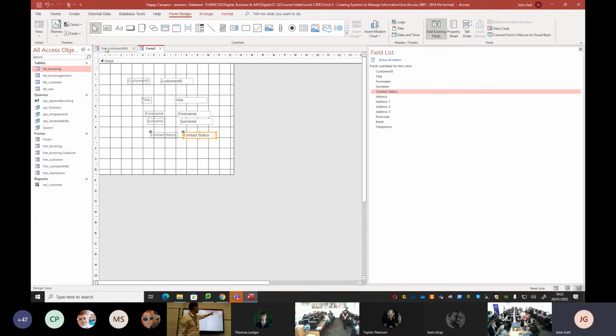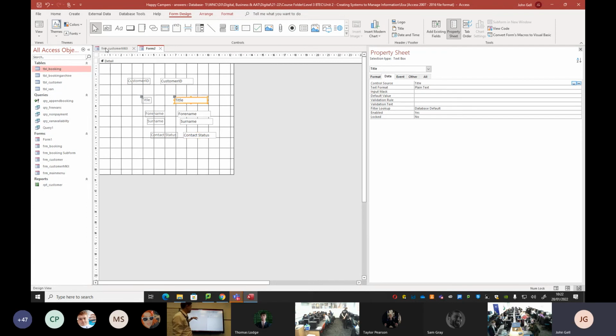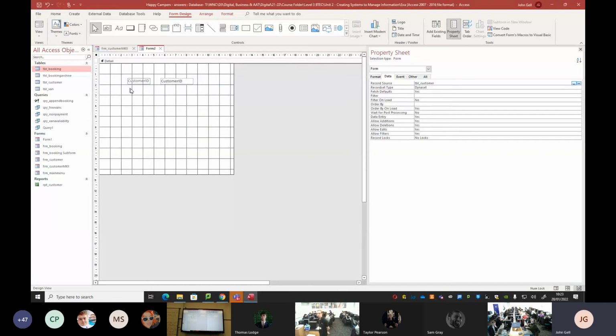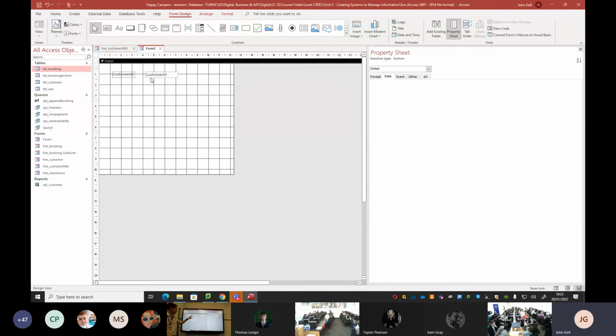And then we can go back to property sheet, and we can start to edit these ones, and we can mess around with these. And you can see on here, input mask, validation rule, validation text, all those things that we can do there. But we're going to come back to that in a minute. So I'm just going to get rid of these. I'm going to leave customer ID on. Now, what you'll notice, if you move the text box, thank you, the label will follow it. If you move the label, the text box won't follow. So customer ID,